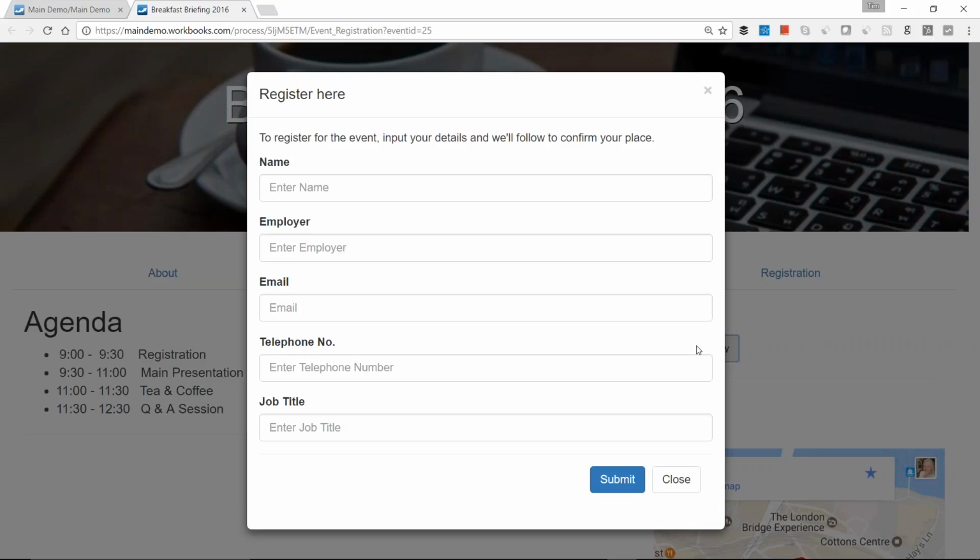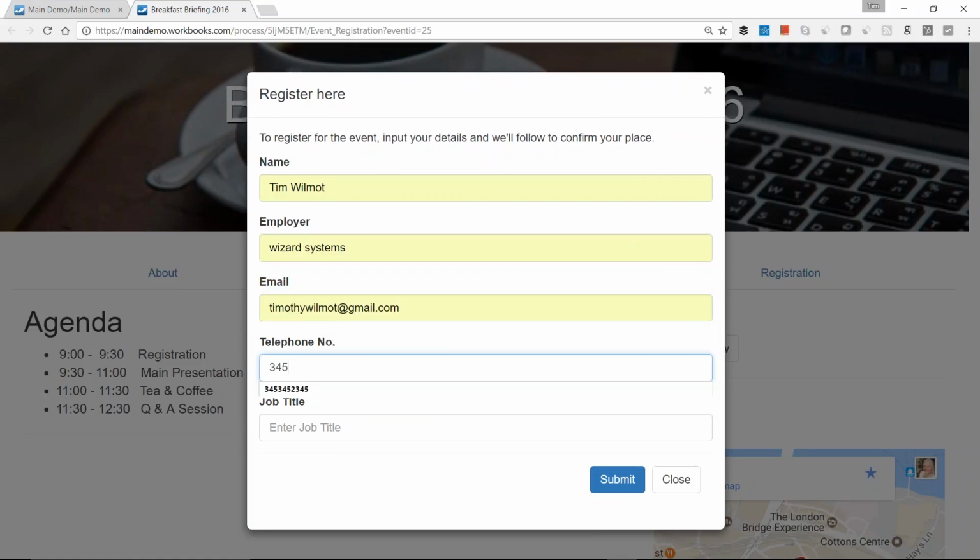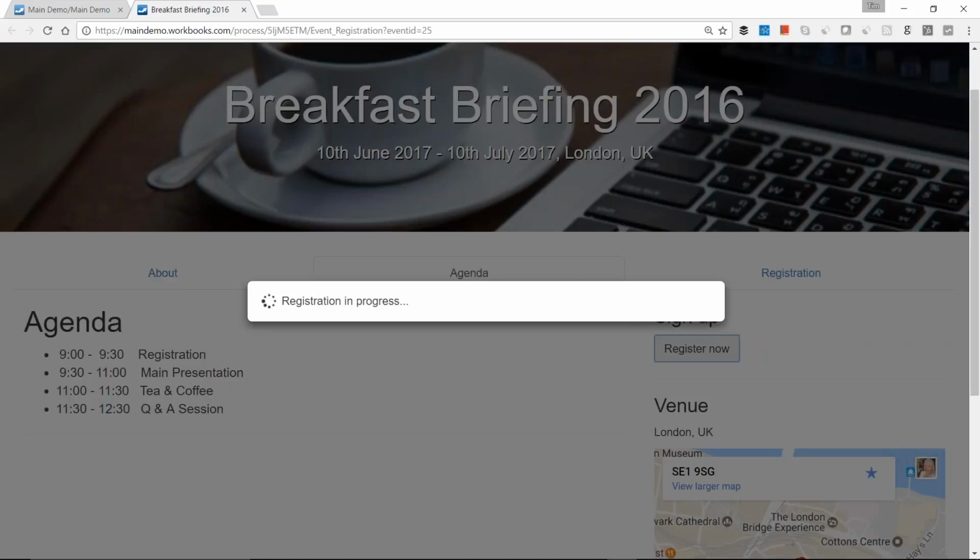I mentioned earlier the ability to link a form on your website to Workbooks. So imagine I'm a brand new person, a brand new lead. We don't know about this person, and I busily type in their name in here, who is their employer, Wizard Systems, what's their email address, what's their phone number, what's their job title, and this new person, this new inquiry submits that information, they register for the event.